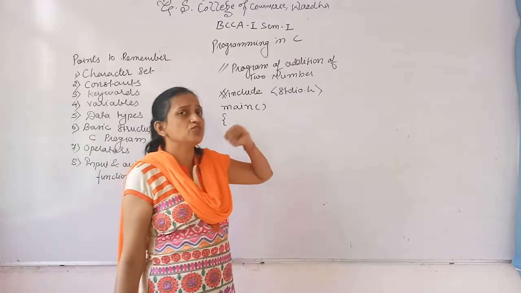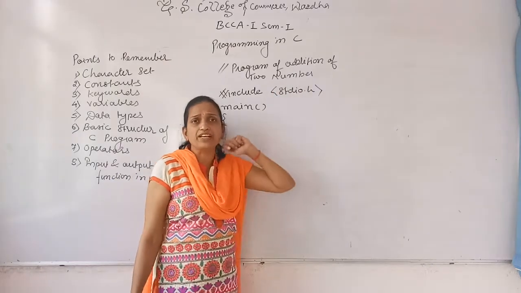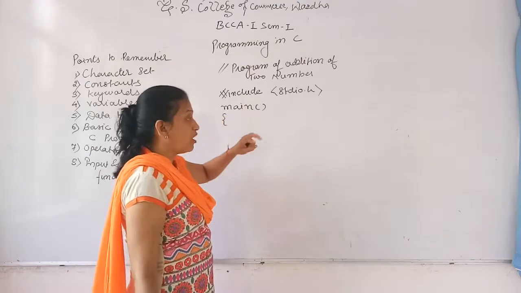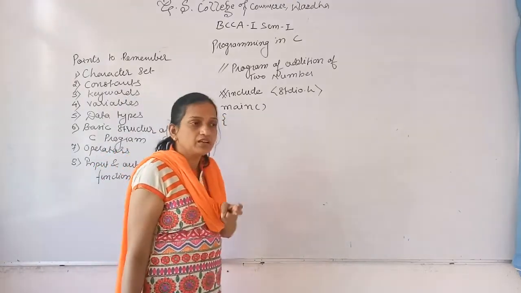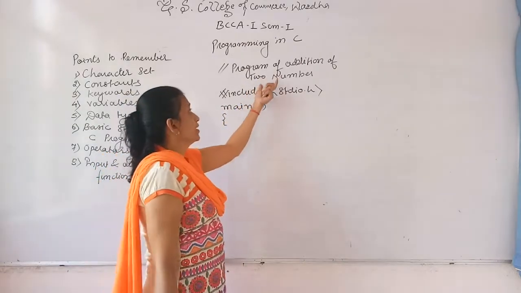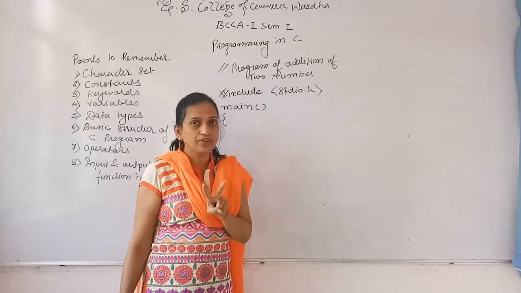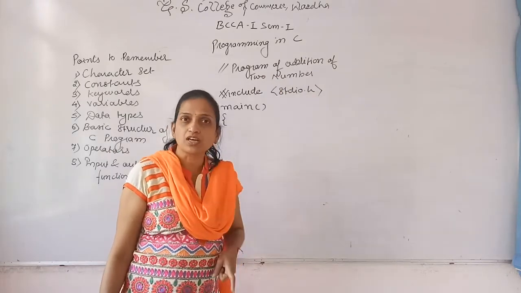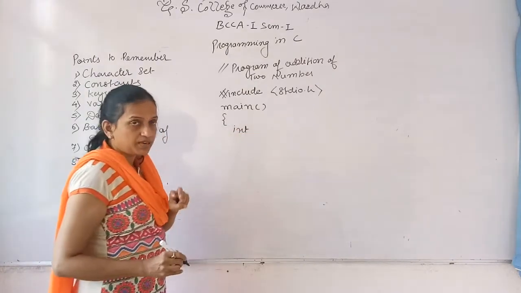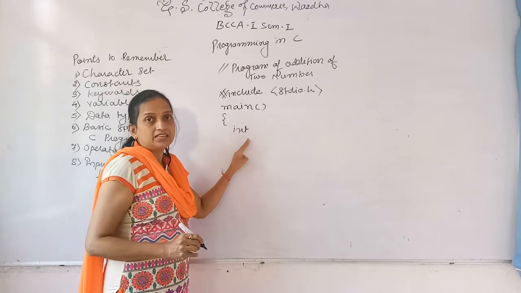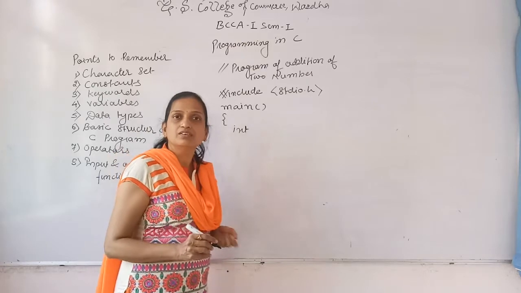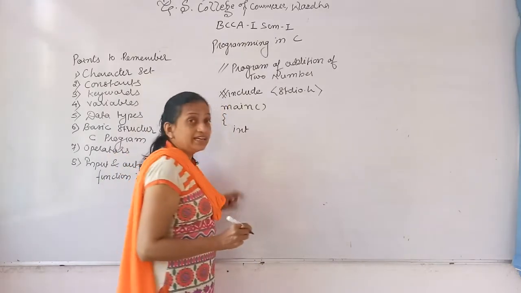So how many variables do you need to perform the task of addition? We are performing the task of addition by taking two values. So for these two values we need two variables, and one more to store the output. So in this first program we are taking 3 variables, and this is int, that is of type int. That means you are handling integer values.